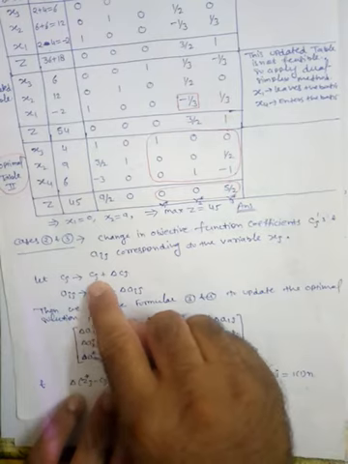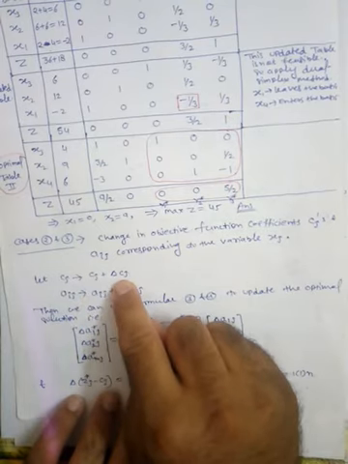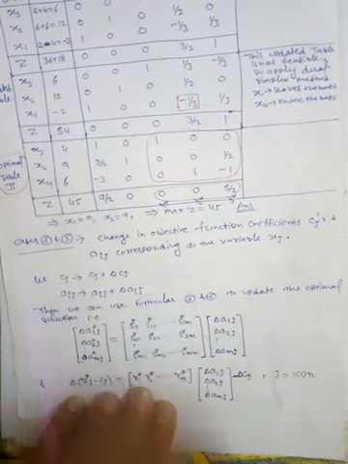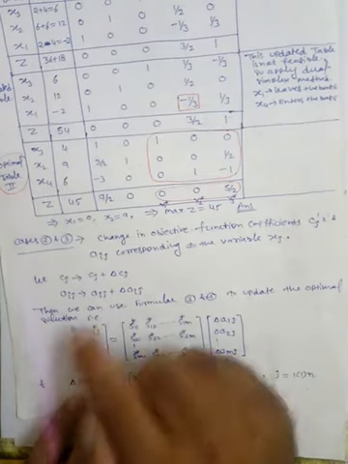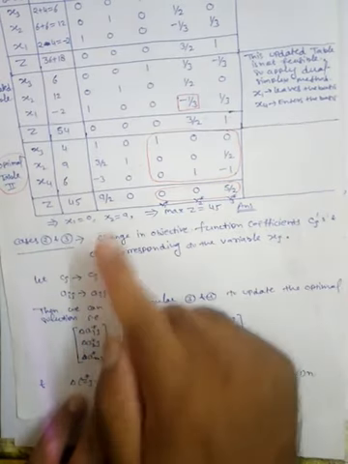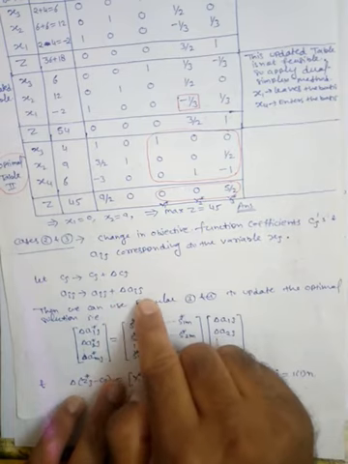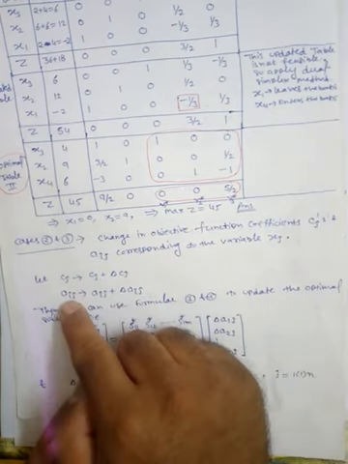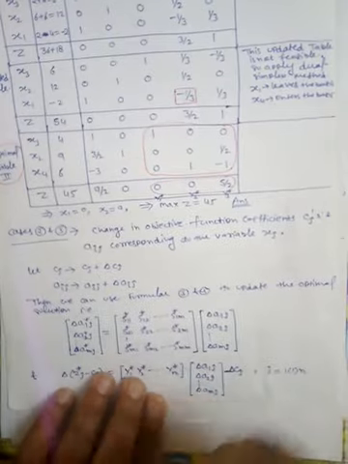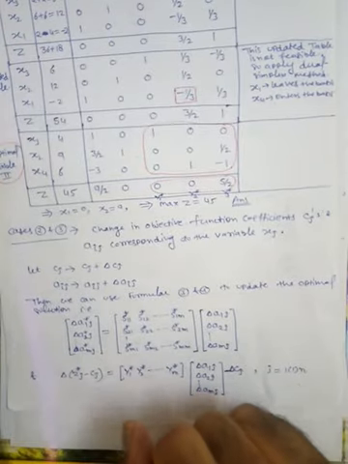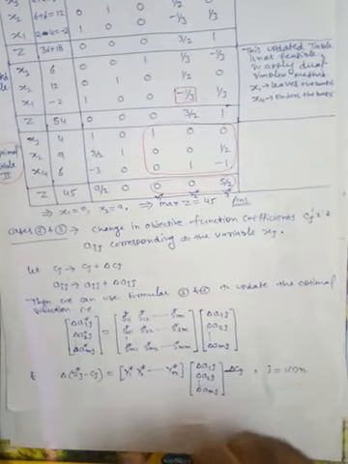Fine. So suppose the old value is Cj. Here is the change, delta Cj. So this will be the updated value. Similarly, this is the old Aij, jth column entry. This is the change, delta Aij. Then this is the updated value. Fine. Then, if you remember the formulae, then we have to use these formulae.